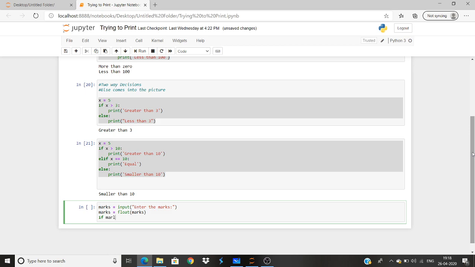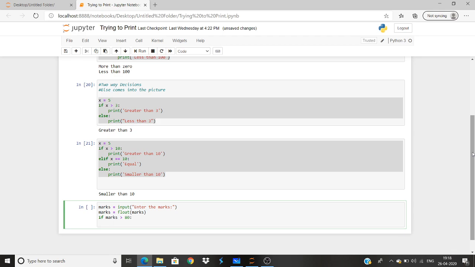If marks is greater than 80, then we'll say okay, you'll print A. Now we write elif. Elif is basically else if marks is less than 80 and marks is greater than 60.